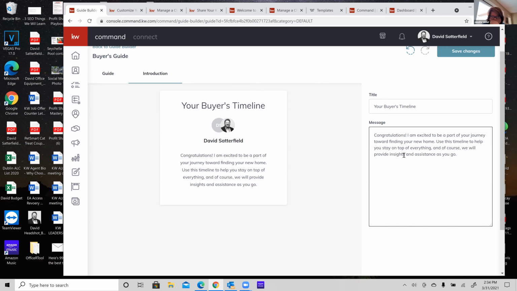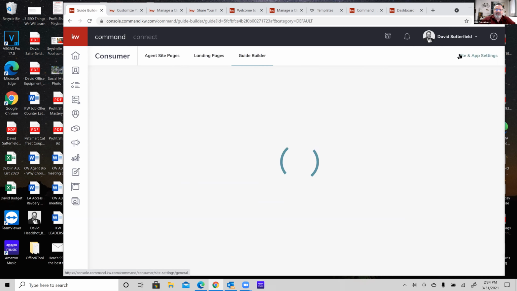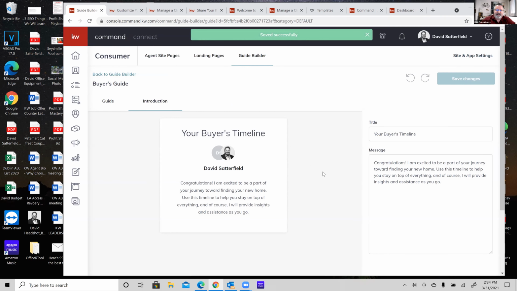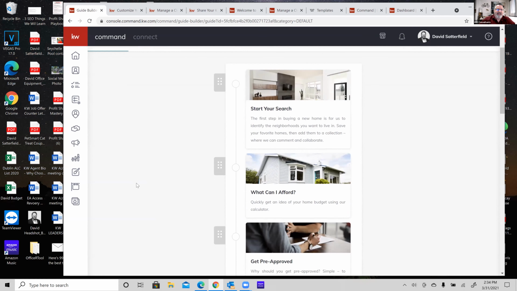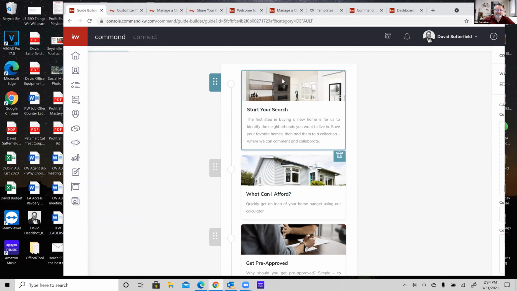Use this timeline to help you stay on top of everything. And of course, I will provide you some insights as you go. And you can see the updates update over there. And just like I said, every time I make a change, I'm going to hit save changes to save that. So that one looks good. Let's go over here to the guide. And on the guide, it's actually very easy. As soon as I click on any of these steps,